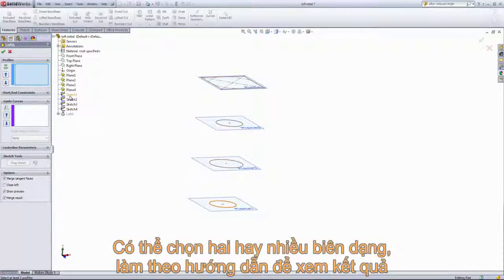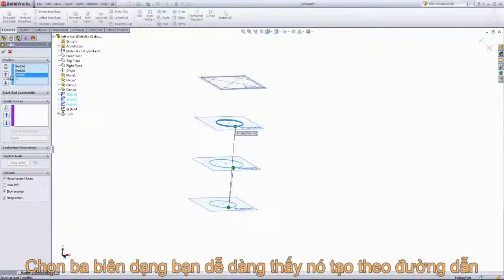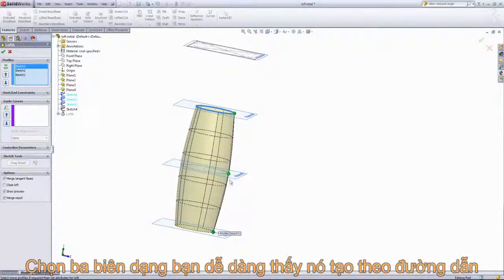Now from here, I'm going to go ahead and select Sketch 1, Sketch 2, and up to this point we've only done two profiles, and so we've had this first order connection between the two parts. So this is essentially a flat surface, or essentially a single slope surface. And if I select a third profile, you can see it's actually trying to connect that first profile and the third. If we just move this up to the right order there, you can see it actually connects these by a curve